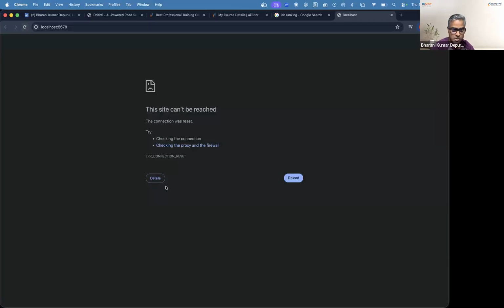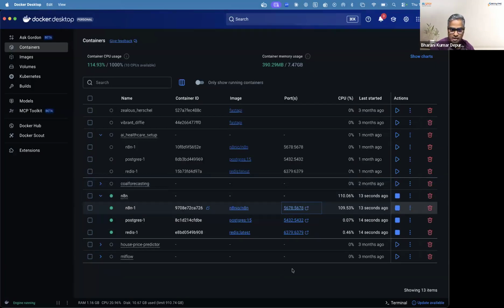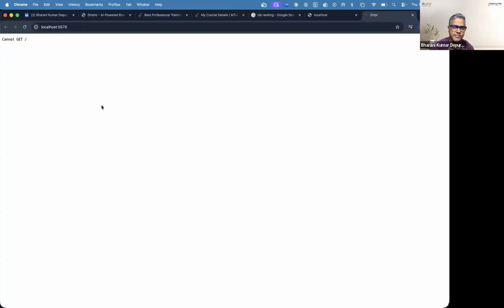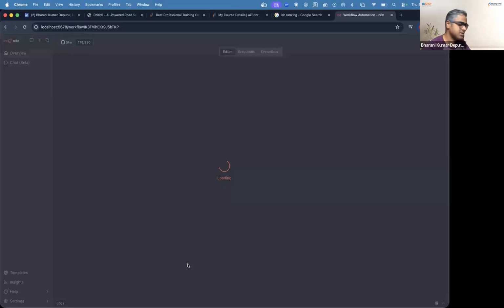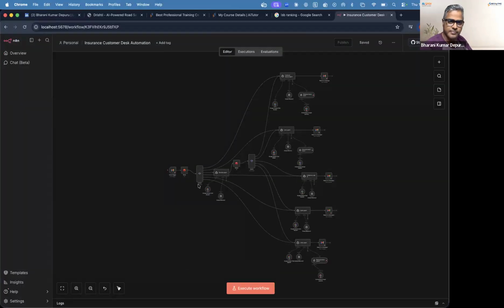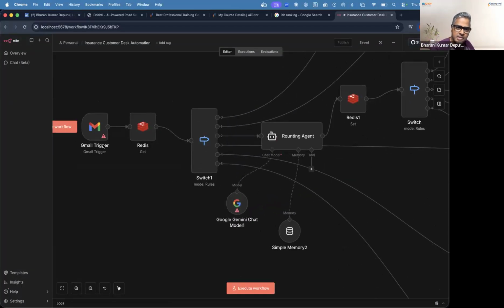And if I click on this, you will be able to see in a bit a specific solution. Is this not enabled? Yeah, it is enabled. Let's see. Now it will load in a moment. Yeah, there we go. We can automate the workflows. How do you automate the workflows? For example, an insurance customer desk. When a customer sends an email,